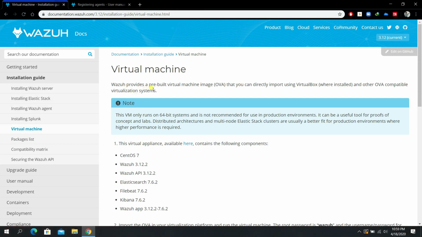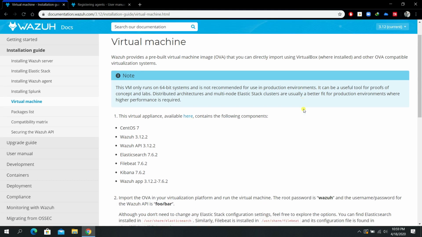So Wazuh provides a pre-built virtual machine image, the OVA, that you can use directly to import this Wazuh as the virtual machine by utilizing VirtualBox, as well as, let's say, VMware Workstation. And to download, you can go to the virtual appliance here. You can just click the link here,